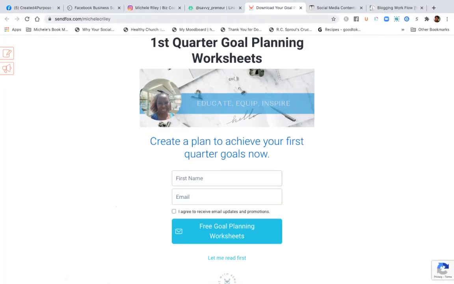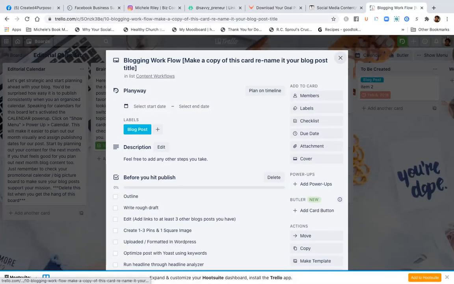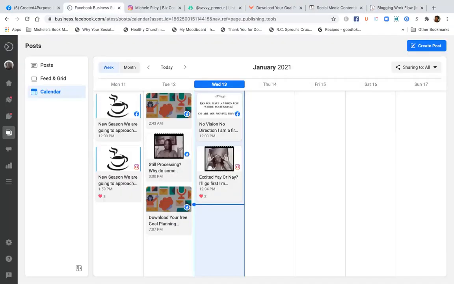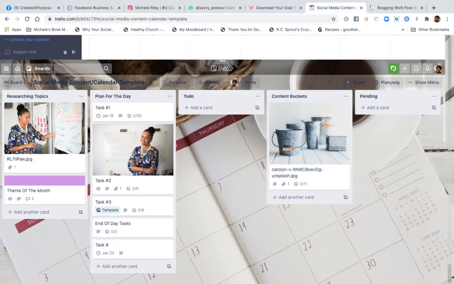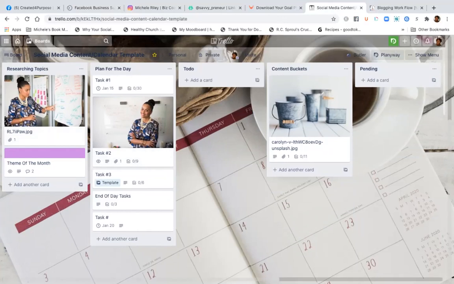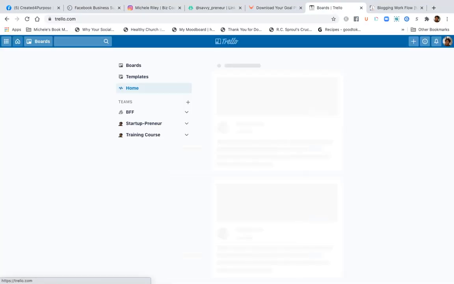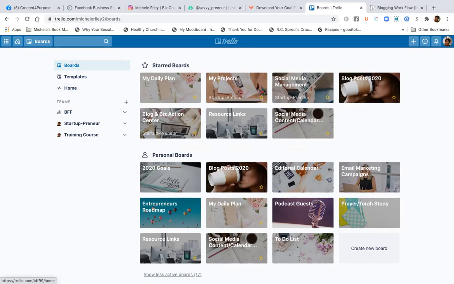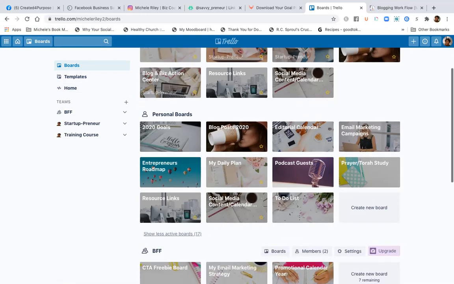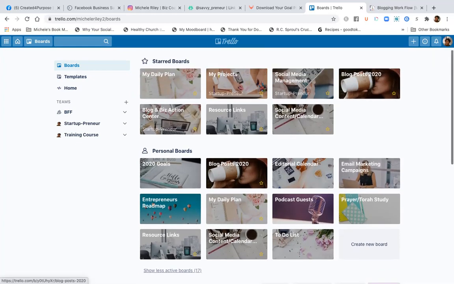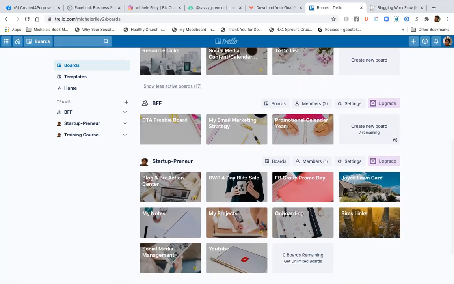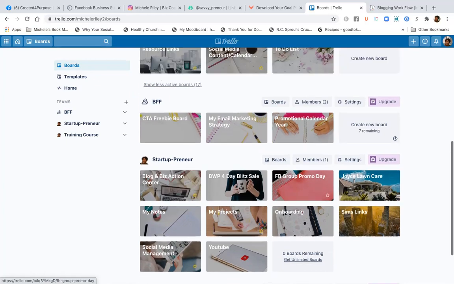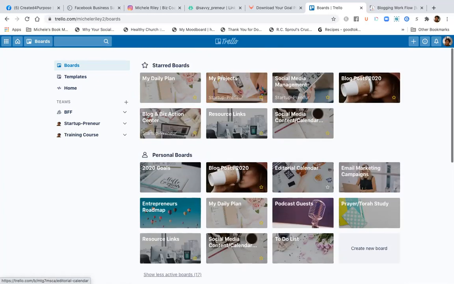So I just wanted to come in and show you how to set up your Trello board to help you. Now, let me get back into my Trello board because I think I came out of it. This way you can really optimize it. Just to show you, not to overwhelm you, I have many Trello boards, but I don't use them all. They're there for when I need them because of certain things I do. I have my podcast board, my blog post board, even though it's 2020 and I have to update that, a sale board, a promotional board, and some client boards that I have done.